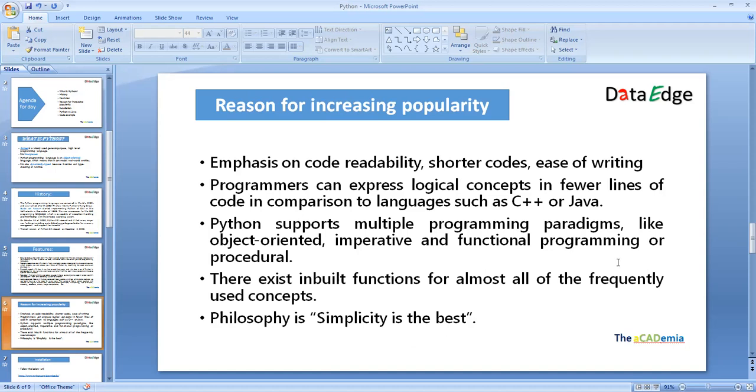In this language, there are many inbuilt functions available, which frequently use the concepts and which promote the philosophy that simplicity is the best. So we need to keep it simple, and when we advance to the